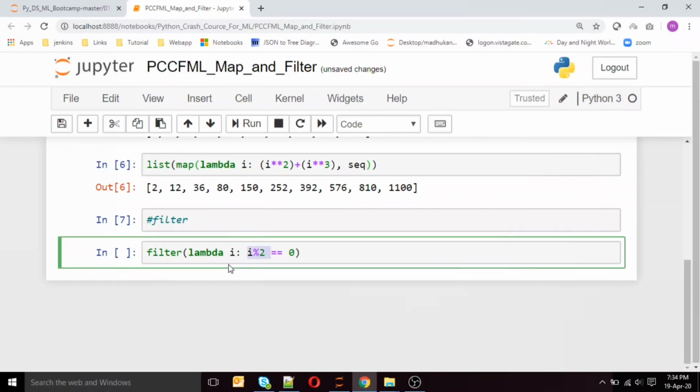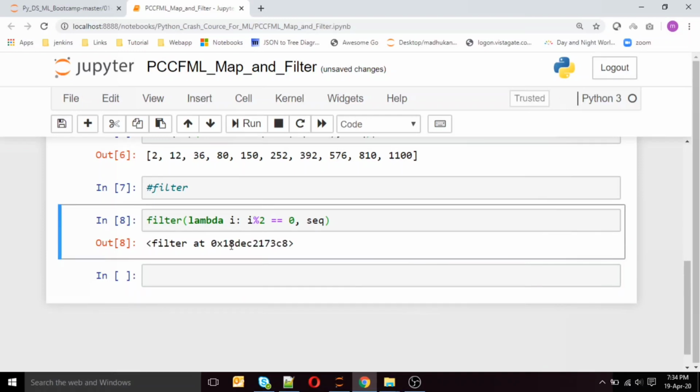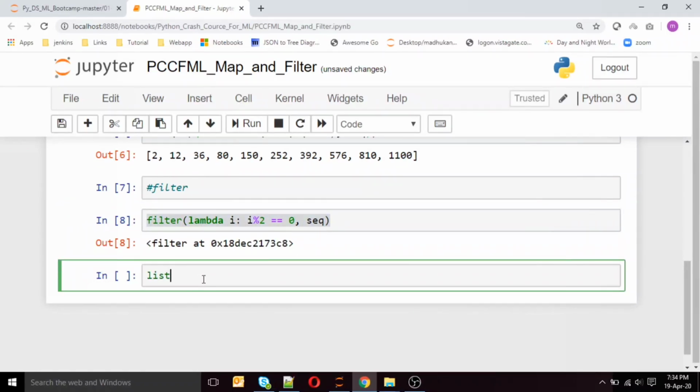This statement will return a true or false value. The filter wants the output of that lambda function, or any function, to be returned as a boolean, and then you give the iterable object. Again, running the filter like this gives you a signature and the location in memory where the output has been stored. So if I want to see it at runtime, I can convert it to a list and print it.